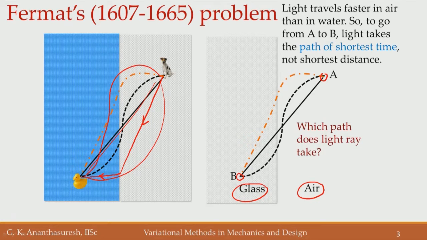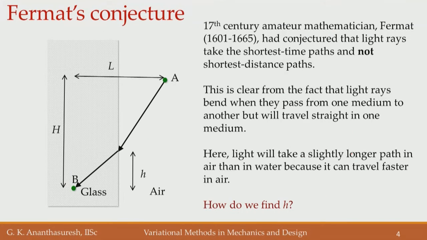The least distance path is a straight line, we know it, but what is the least time path? Okay. Let us pose this as an optimization problem. So, let us say that point A and point B are separated by the distance L horizontally and distance H